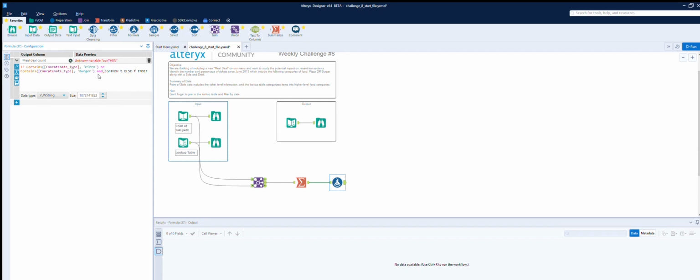contains, comma, what do we want? Side, and contains. The last one is drink. Then we will count it 1, then 1 else